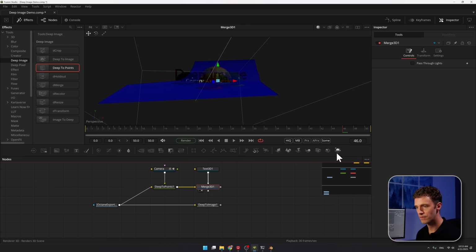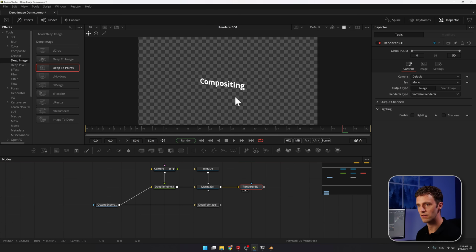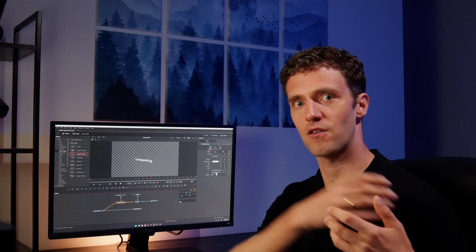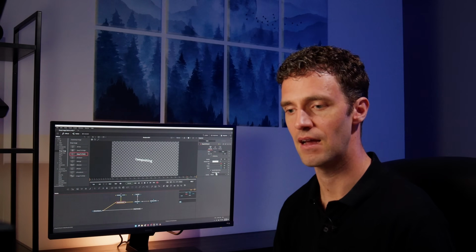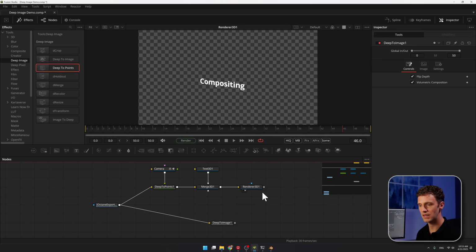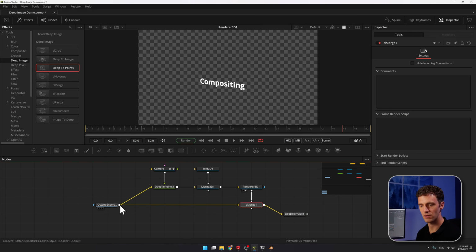Now let's render this. And you will see if I go into the render node that I'm only seeing the compositing, the text, and not my points, because by default they're not renderable, which is good because you don't want to set lots of points into 3D and then just render them back. Instead, what we can do now is we can set the output of our render engine to deep image. And when we do this, we can combine this with the existing deep image. So let me take the output over output, which usually gives a merge. And in this case, it gives me a demerge